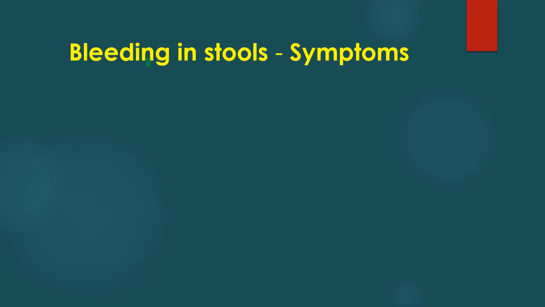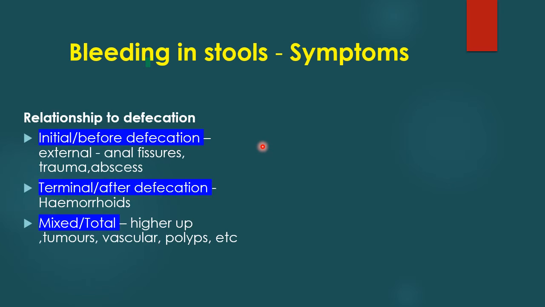What are the symptoms of lower GI bleed? The main symptom is bleeding in stools, or passing blood in the stools. And in these blood-stained stools, you must be able to differentiate the relationship of the bleeding to the defecation. It can be initial, which is before defecation, and in these cases the causes are usually external,